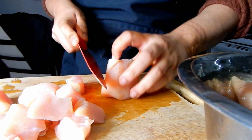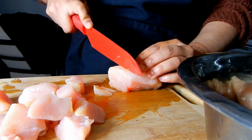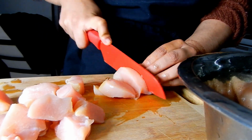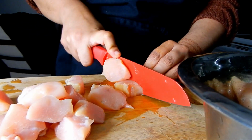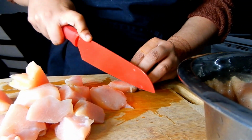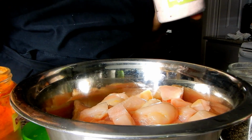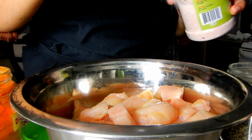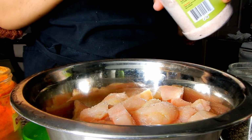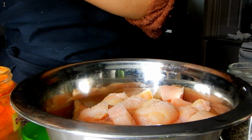So I am just prepping the first part of my meal, because I am having some people over for iftar. So to start, I've cubed my chicken, and we're gonna put about a teaspoon of salt,